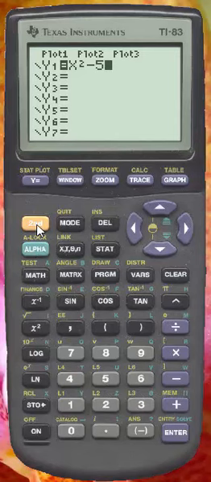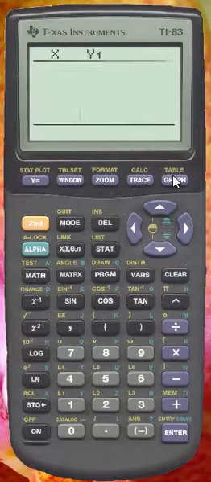And then I want to see what happens when I plug in different values. So I'm going to go to the table. You may have done this in your previous algebra courses where you made a t-table. You had an x value and then you found out what the corresponding y value was. And then you got another x value and the corresponding y value, etc. So that's what we're going to do here, but we're going to let the calculator do all the calculating for us. So again, I want the table, which is in yellow, so that tells me I have to press the yellow key first and then that key.